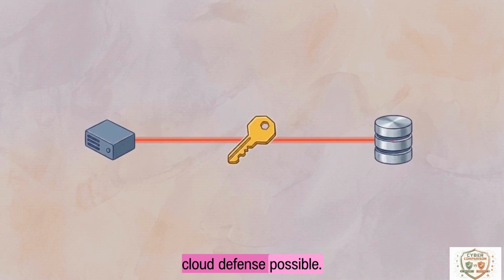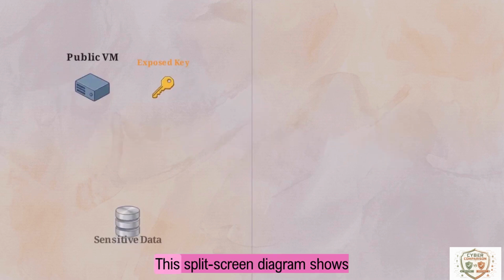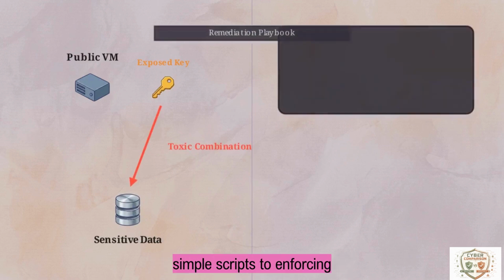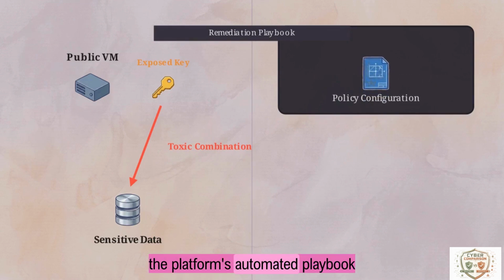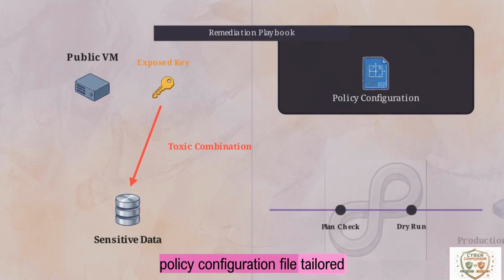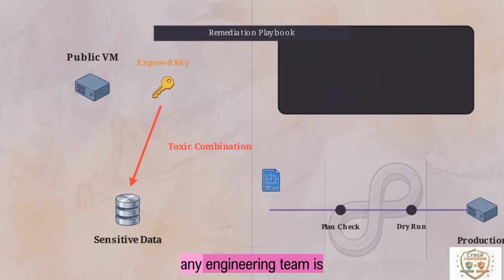Once the threat is prioritized, we enter the response phase. This split-screen diagram shows the transition from generating simple scripts to enforcing autonomous cloud policies. Instead of spitting out a generic Python script, the platform's automated playbook dynamically builds a step-by-step policy configuration file tailored to this exact environment. The immediate concern for any engineering team is that automated remediation will accidentally break the live